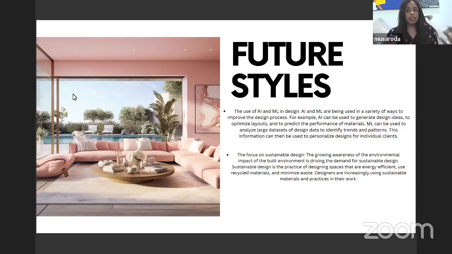It can be used to generate design ideas and to optimize layouts. It can predict material performance. It can identify trends and patterns, and information that can be used to personalize designs for individual clients. As we see today, AI has taken over in many respects in design. So these things are very important to take into consideration for future designs.